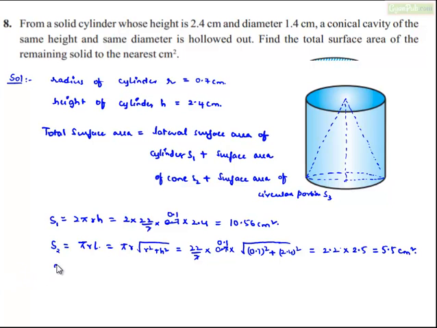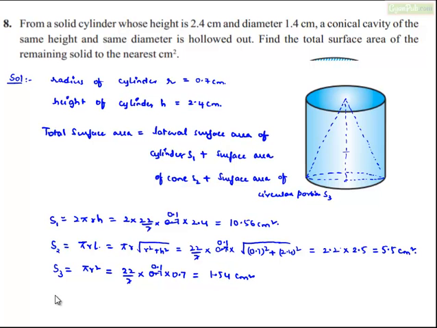And now the surface area of circular portion S3 is equal to pi r square, which is equal to pi value is 22 by 7 into r square is 0.7 into 0.7. 7 goes in 0.7 0.1 times, which is equal to 0.1 times 0.7 times 22 is 1.54